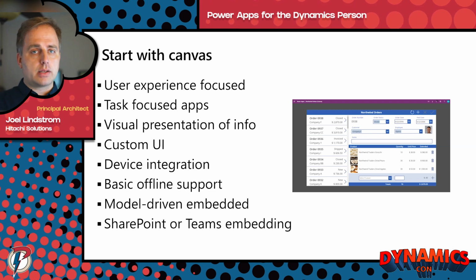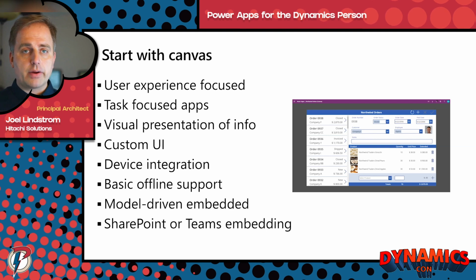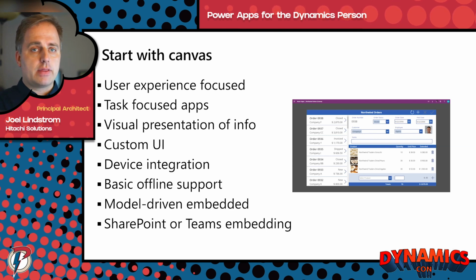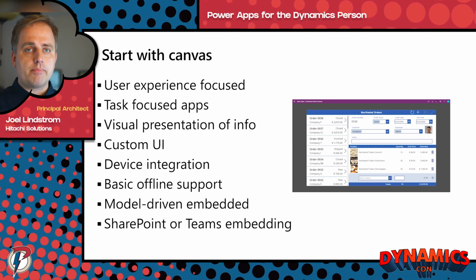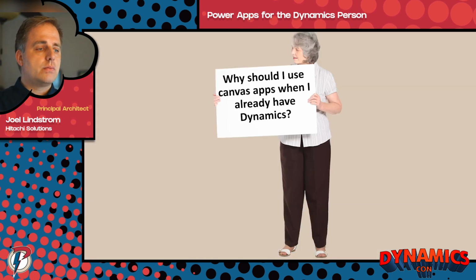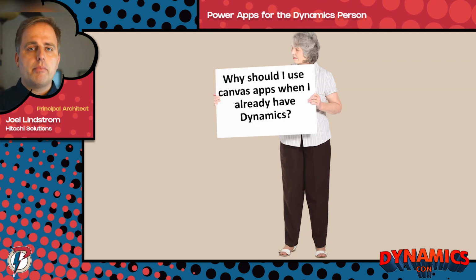And since these are all built on top of Common Data Service, you can have the model-driven app with your bigger application, and you can have the Canvas apps handling point solutions that all use the same back-end platform. So that gives you a lot more flexibility. So the question is, why should I use Canvas apps when I already have Dynamics? The answer isn't to replace Dynamics, but in every Dynamics deployment, there's things that are maybe clickier than you want them to be. Something that, take the delivery person or the teller at the bank.